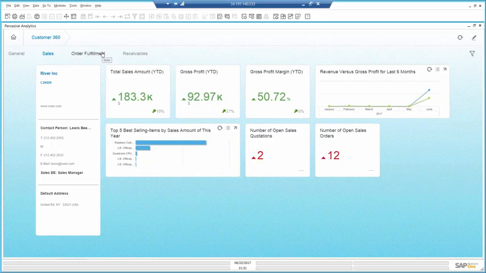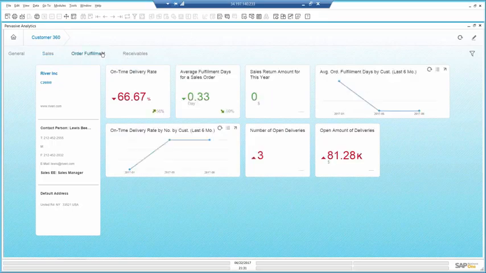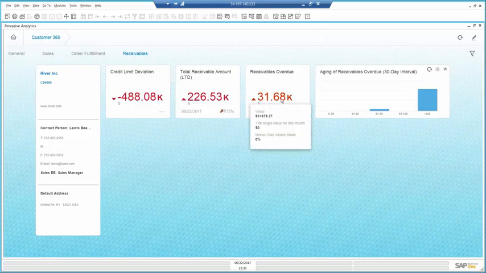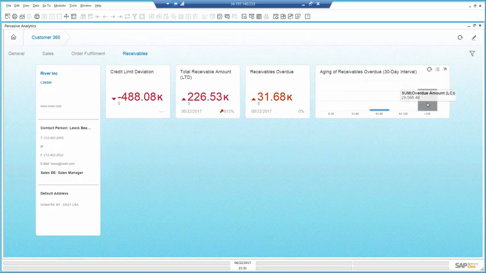In terms of fulfillment, I see that we usually are doing pretty well with this customer. And then on the receivables side, I see he has a few debts toward the company. Some are pretty old. I decide to ask Sophie, the salesperson, to let them know we will delay additional items from their order.